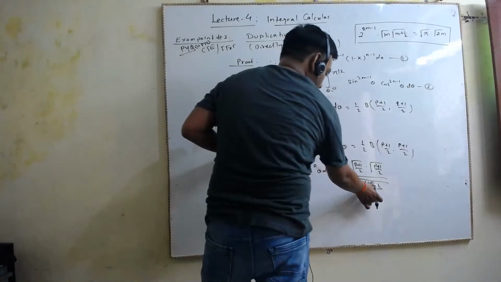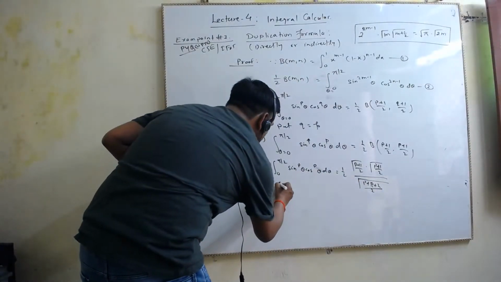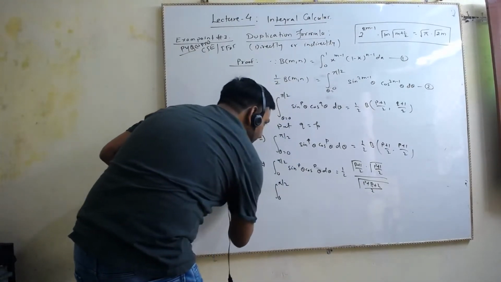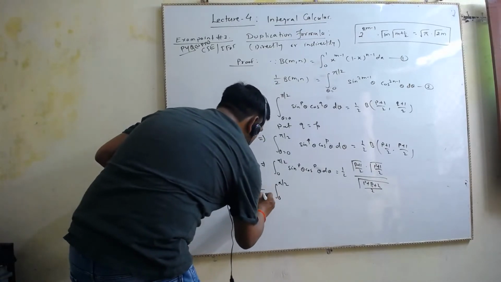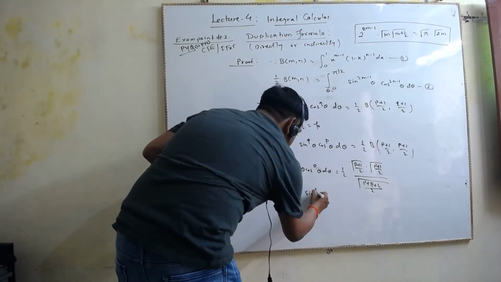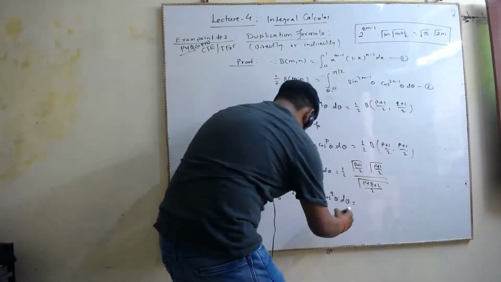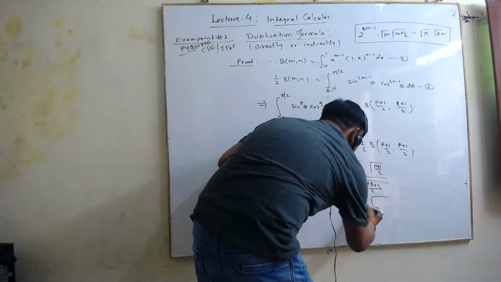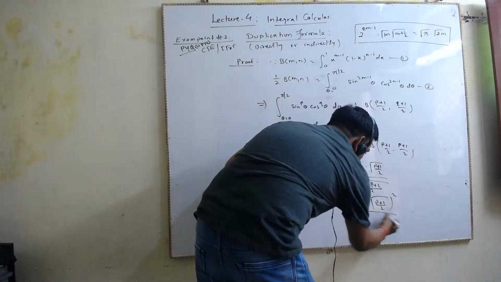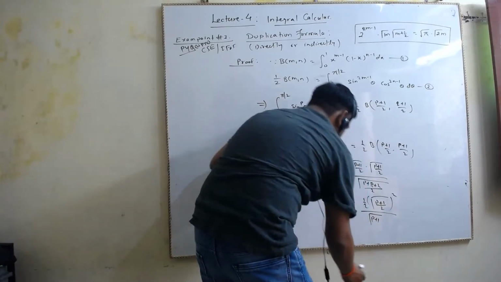What is q? That is p itself, right? So this relation we have 0 to pi by 2. Just let me manage some terms. 1 upon 2 raised to the power p I have taken here, 2 raised to the power p sin power p theta cos power q theta d theta, and that goes to 1 upon 2 gamma p plus 1 by 2 whole square divided by gamma p plus 1, right?